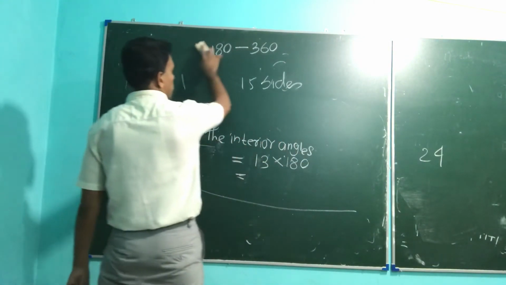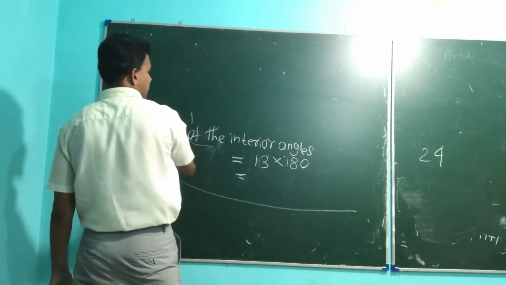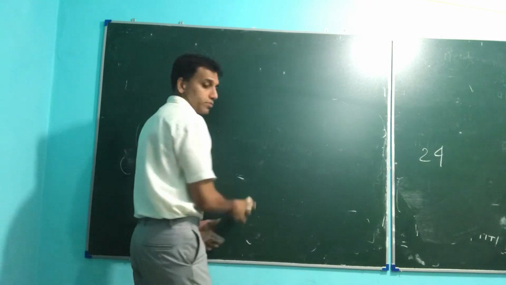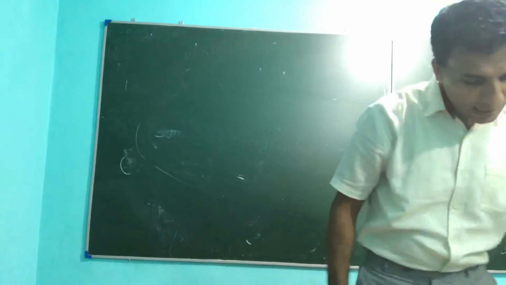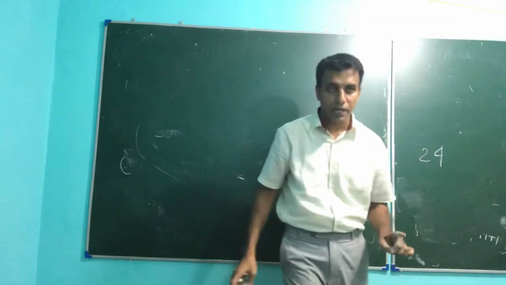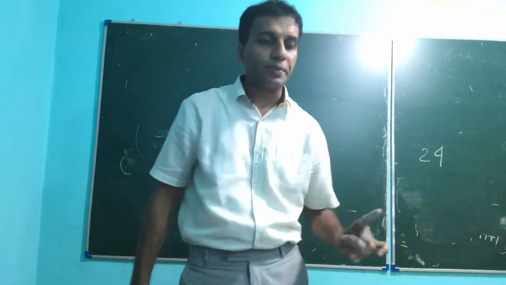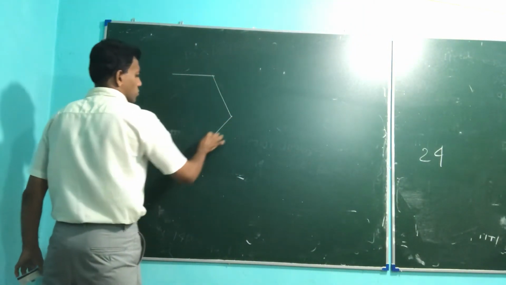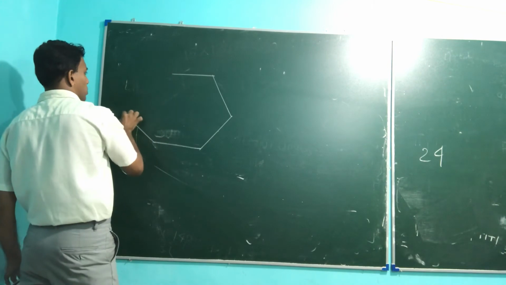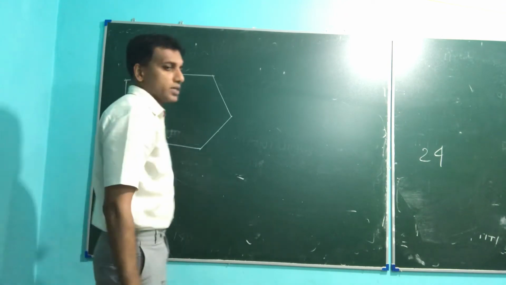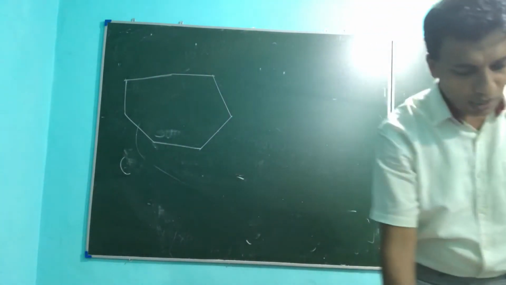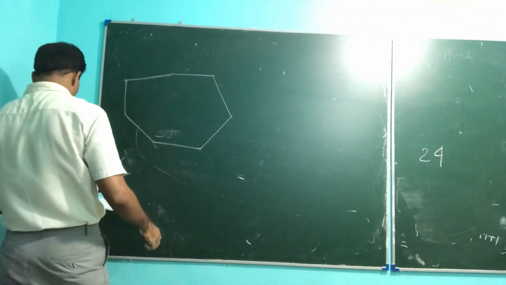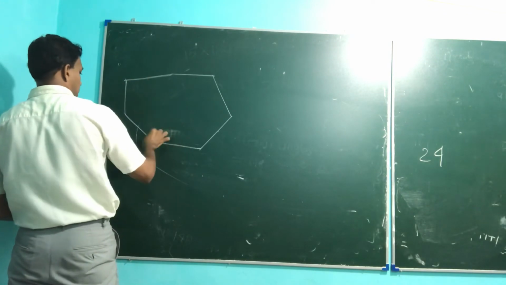Okay, see the next question. Can anyone answer that? First you read and see the way. There is a heptagon, a 7-side figure. If I show it by diagram, 1, 2, 3, 4, 5, 6, 7. There are 7 angles available. The angles given are one is 100, maybe like this, 100,